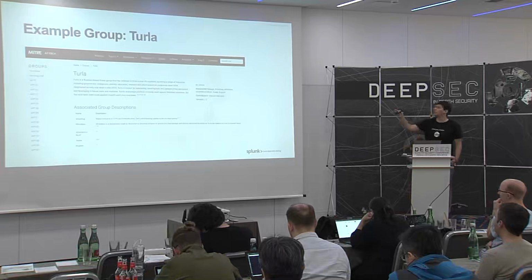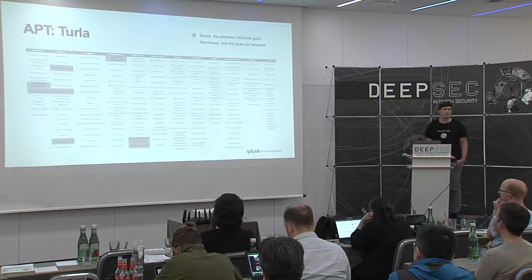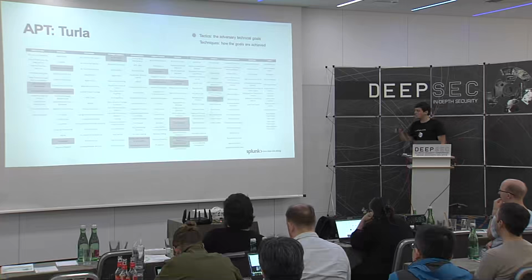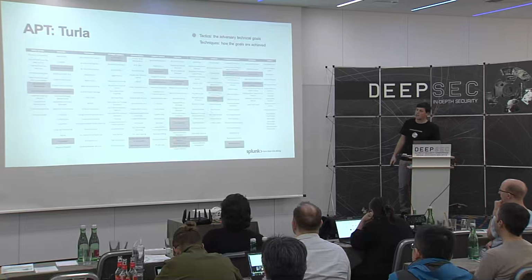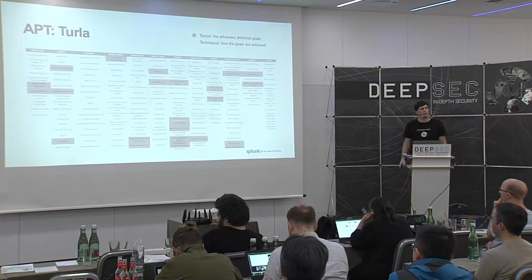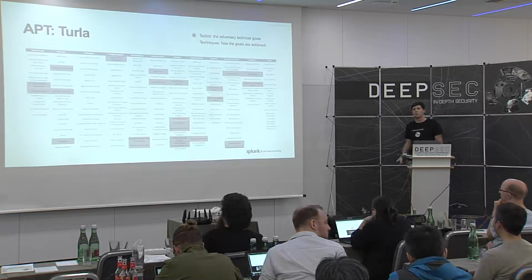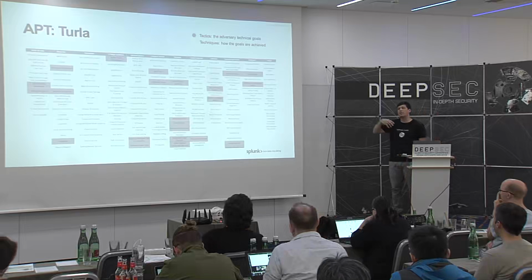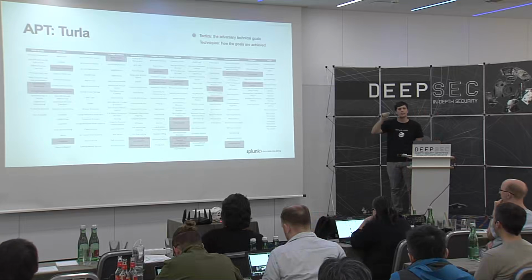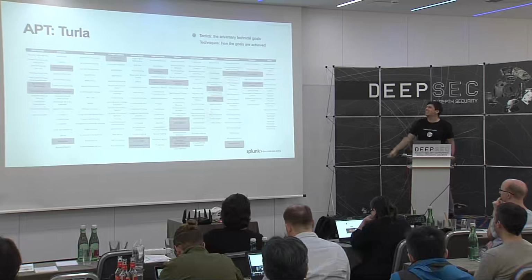So, what we want to do now is take that group and identify all the techniques used by that group. And you can see it's quite a lot. We see again our spear phishing. Spear phishing is very popular as an initial access because it's very successful. People like to click on links. There's a link, oh let's click on it. Another link, oh let's click on it. Then we have